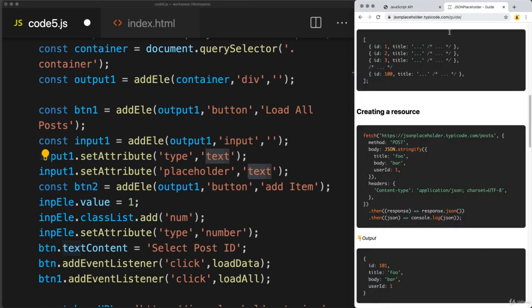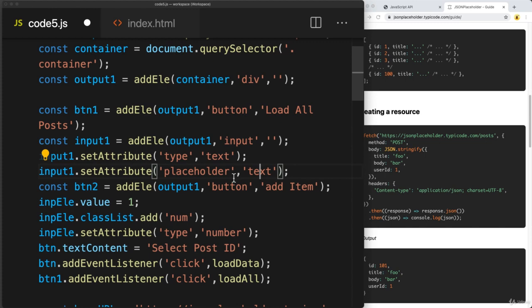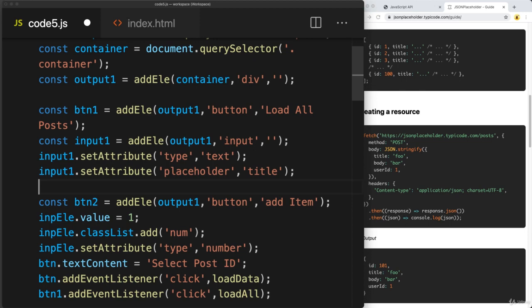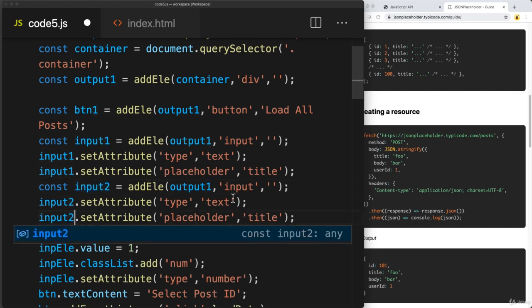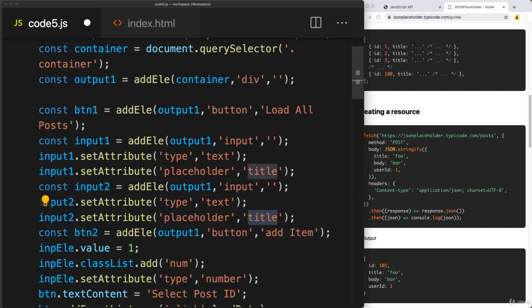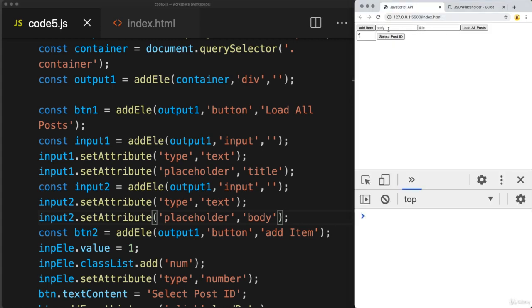And the values that we have here, we've got a title and a body. So let's go ahead and add the title as the placeholder, and then we'll create another input, and that can be the body. So this can be input 2, and this is just the body content. And you can use the text area as well. I'm going to just keep it at that, and we want to add the add item